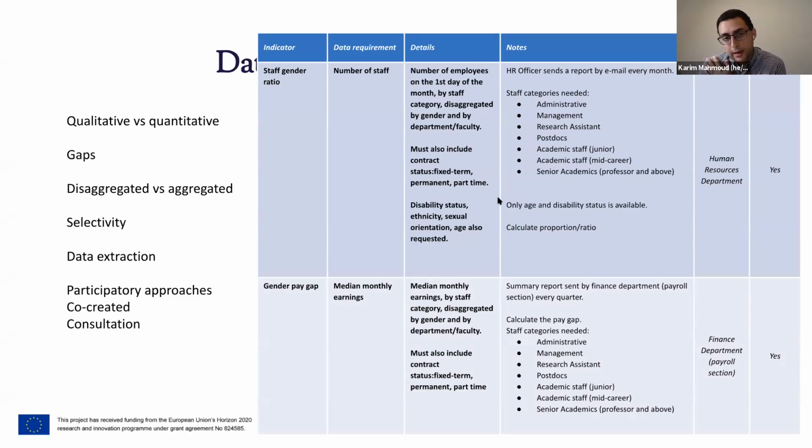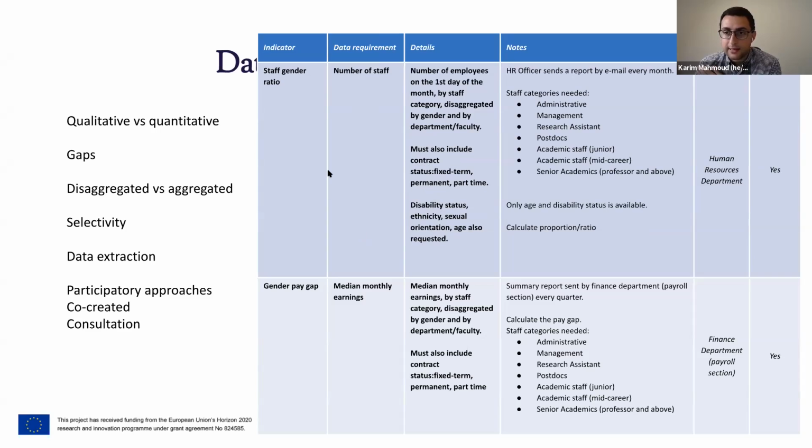So here is a table that I've created, and I've picked an indicator. I've said staff gender ratio. And so my data requirement is the number of staff. And the details that I need are number of employees on the first day of the month. And I want this information by staff category. I want it disaggregated by gender. And I also want it by department and faculty. I said it must also include contract status, fixed term, permanent, and part-time. And I also want disability status, ethnicity, sexual orientation, age